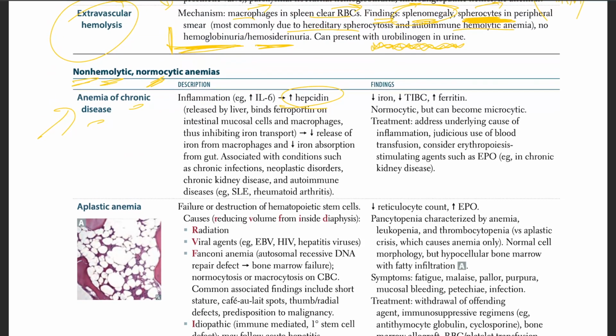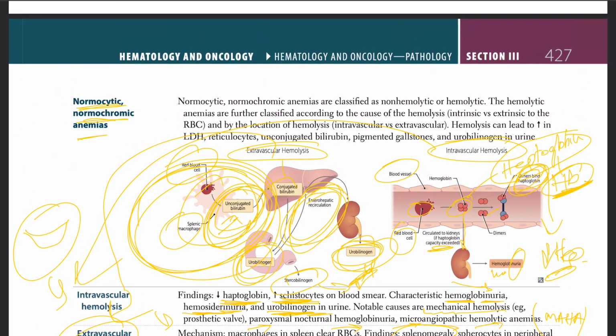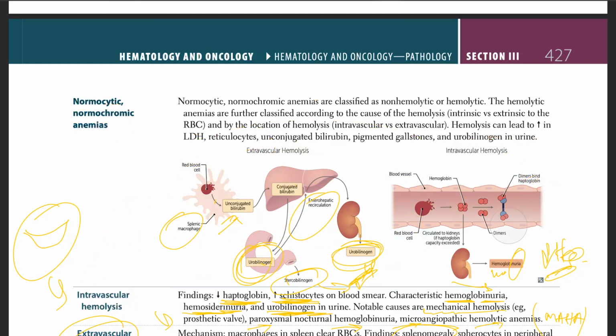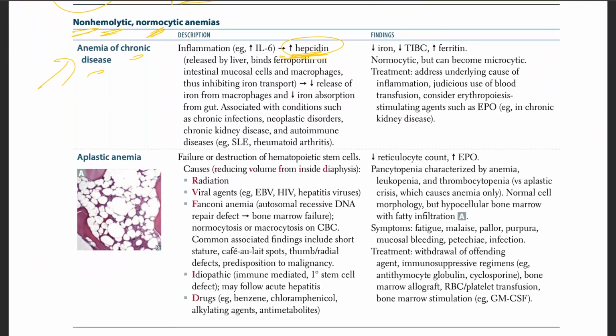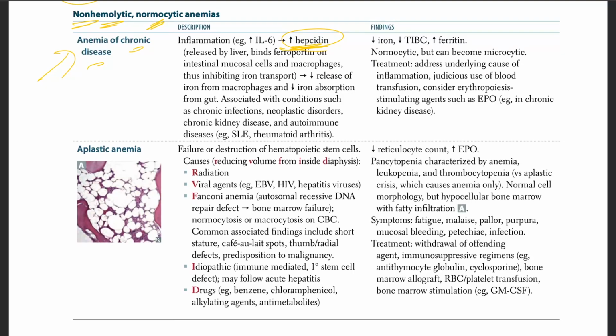Remember, don't confuse two things here. We are looking at hepcidin, and here we had haptoglobin. Let me mark that if I see that. Where is the haptoglobin? Haptoglobin, that is different than hepcidin. Hepcidin, if you want to know more, please look in the iron deficiency anemia. I've explained that. So there is an increase in hepcidin, which is released by the liver and binds ferroportin on